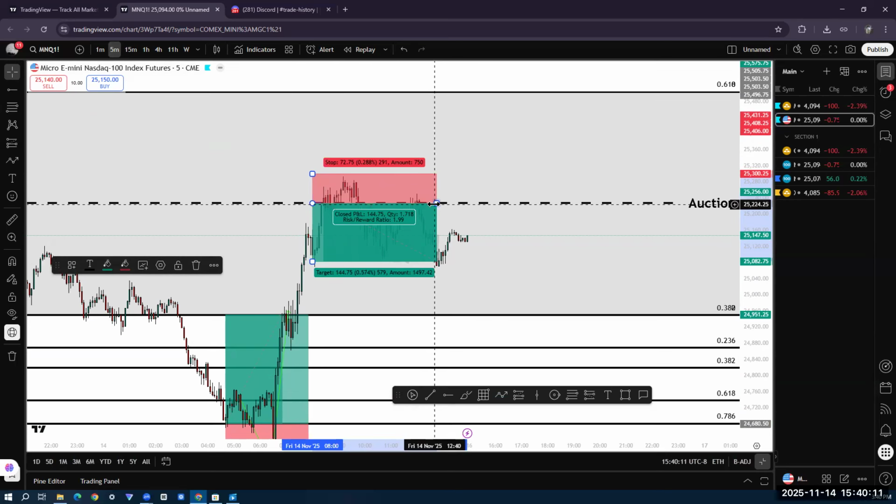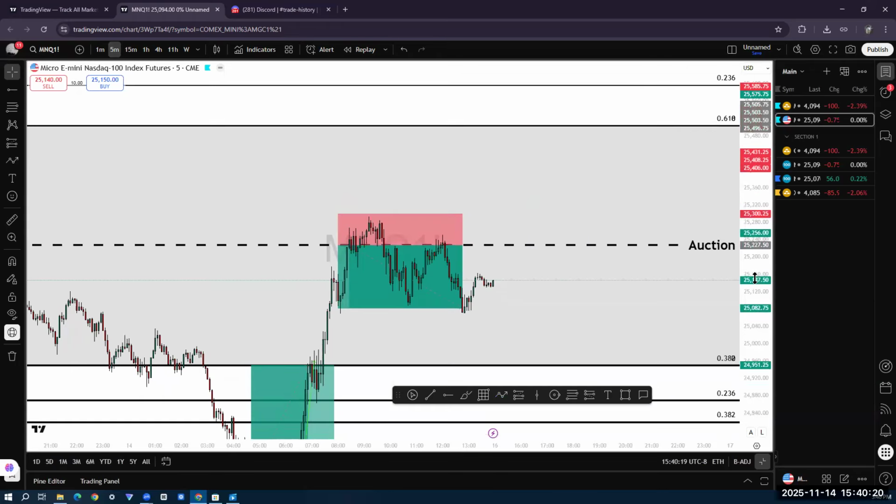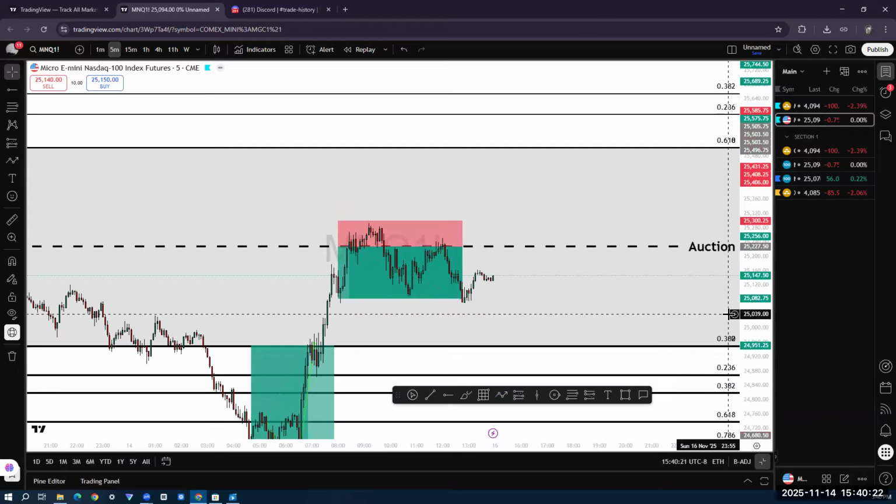It didn't hit TP until the 12.4 hour trade. But man, at the end of the day, when you're in a trade, let that trade rock out and do what it's gonna do, because the fibs are always gonna outperform what the market thinks it's gonna do. And that's a bold statement. The fib is gonna outperform the market, and that's a really bold statement.